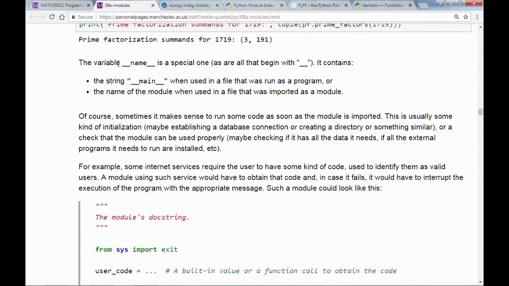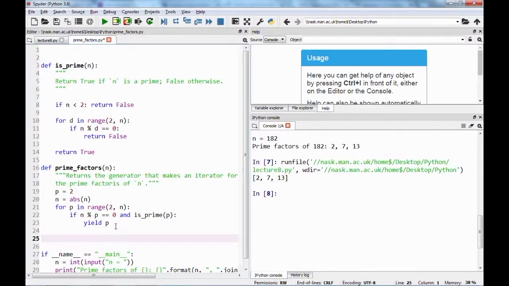So just a summary, this variable is a special one. It will have a value which is a string called main when this function is called as a main program. Otherwise, the string will contain the name of the module of the program that imports it. Okay, we can just print out the value of the variable name